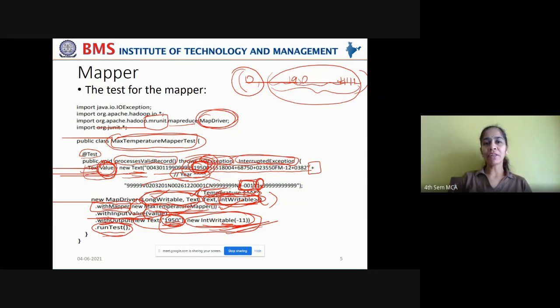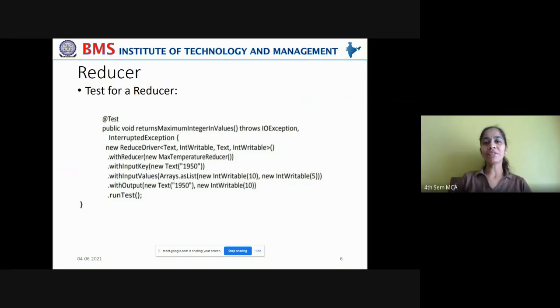And you have written here a unit test for the mapper. Now let us see how to write a unit test for the reducer. Now your task will become quite easy. Now you have understood very well how to create the map driver instance. You could also create a reduce driver instance very easily, so it will be easy for you to understand this part of the code. Now you are writing another test, and this test is for the reducer.